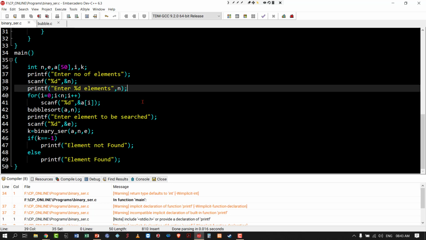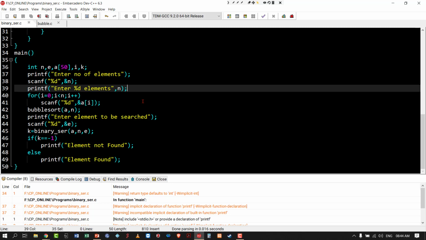Sometimes we enter 33 first, then 33 will be in the first position. But after sorting, the position of 33 is changing. So if we print the position of that element, it will print only the position of that element in the sorted list.